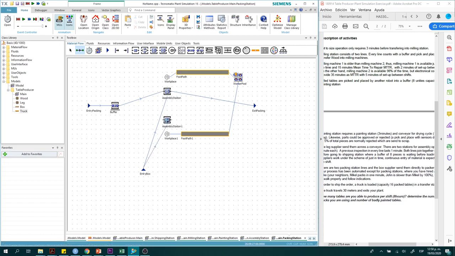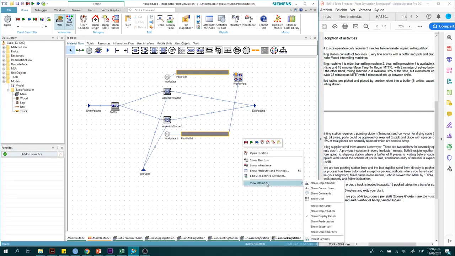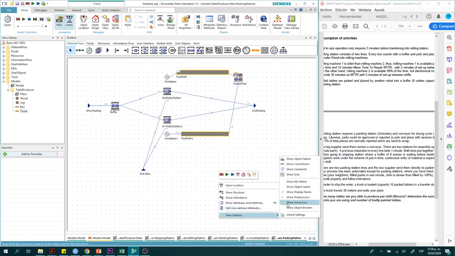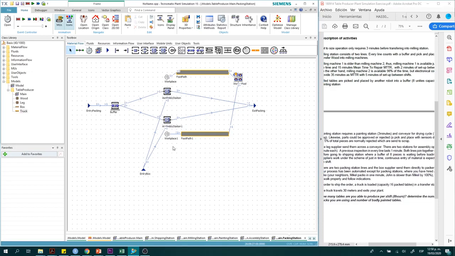So it is important also the order of connecting the things. If you observe, I connect the first line from the buffer to exit, and the second line from the entry box to the station, and then exit back. We can see the predecessors and the successors of every line, and it is important, especially in the assembly stations,